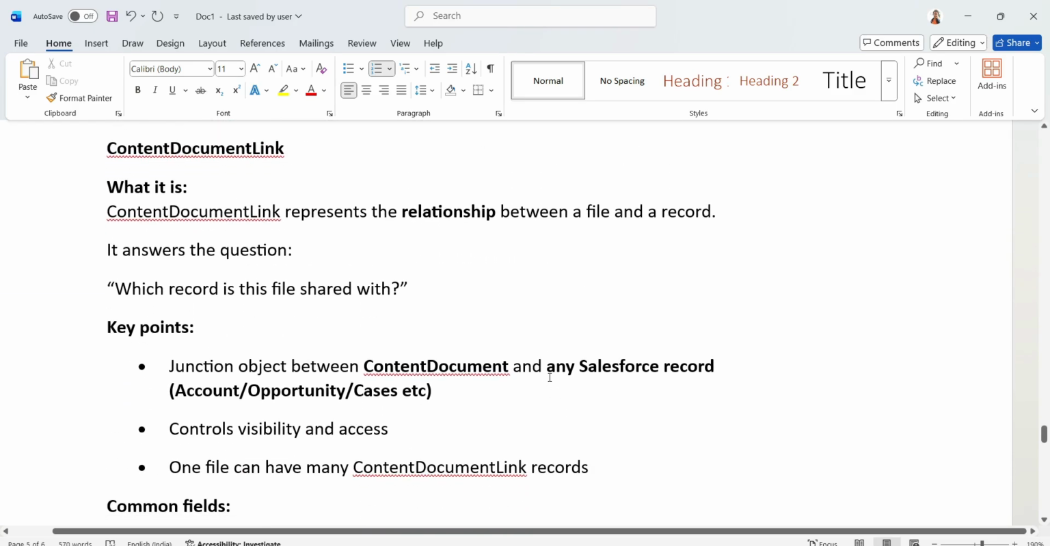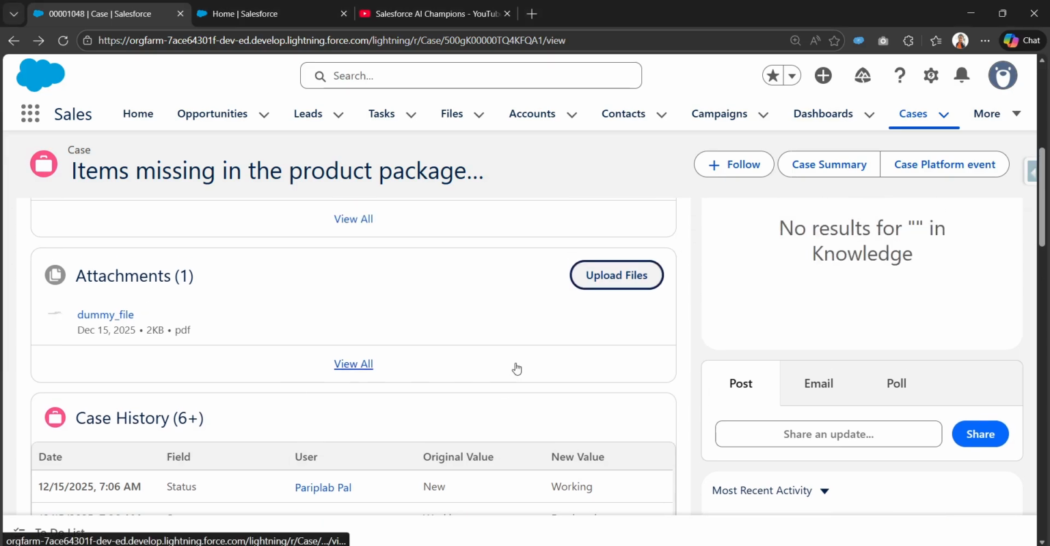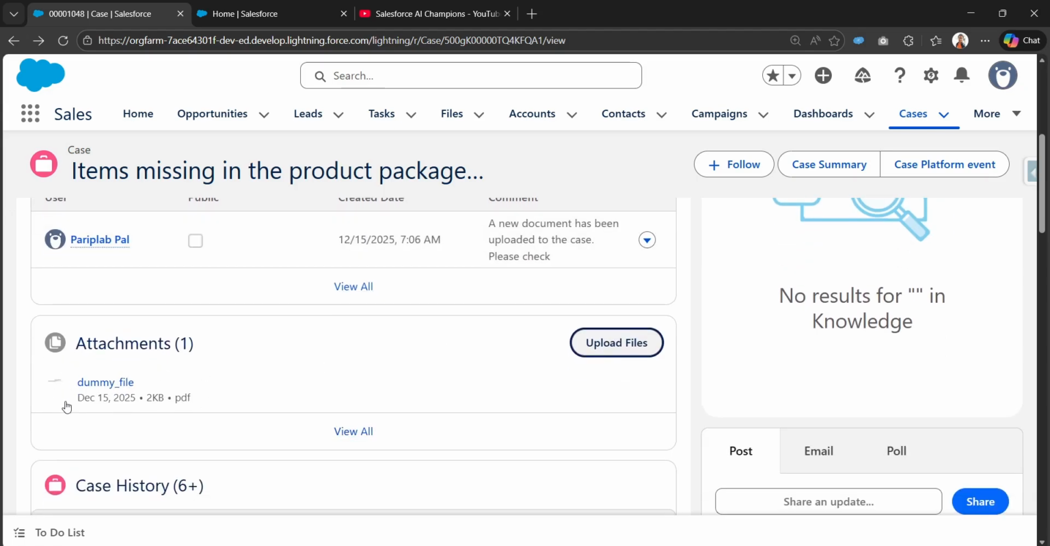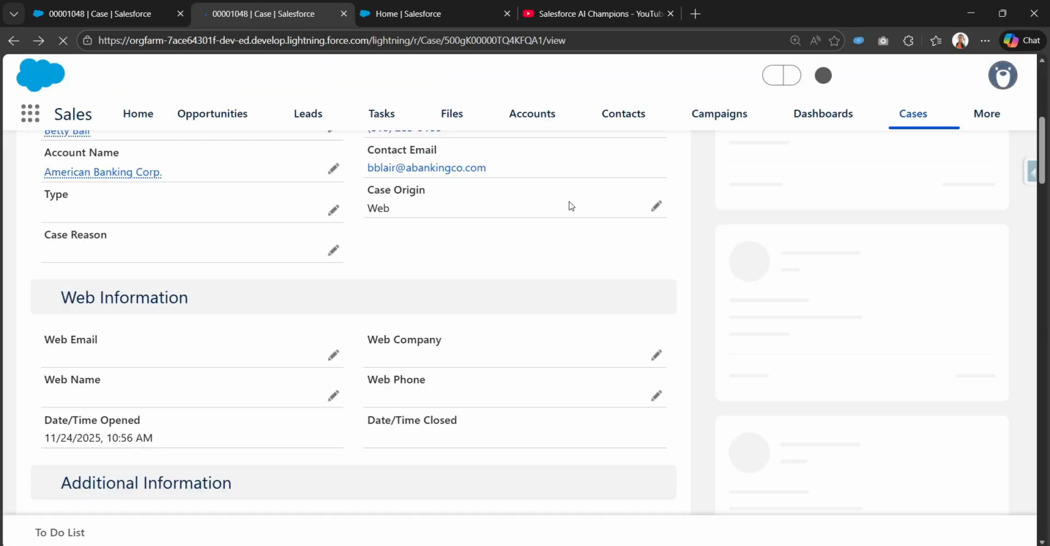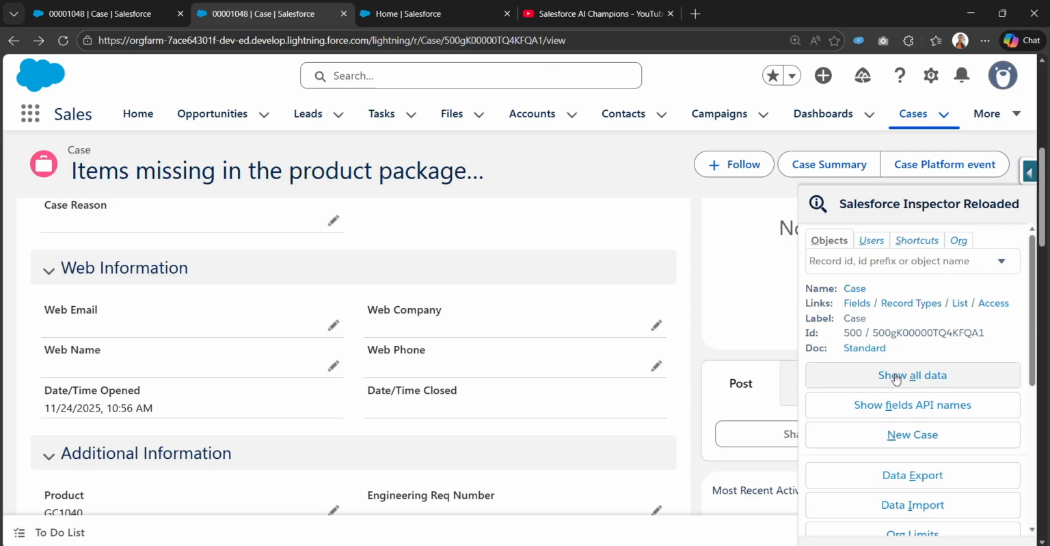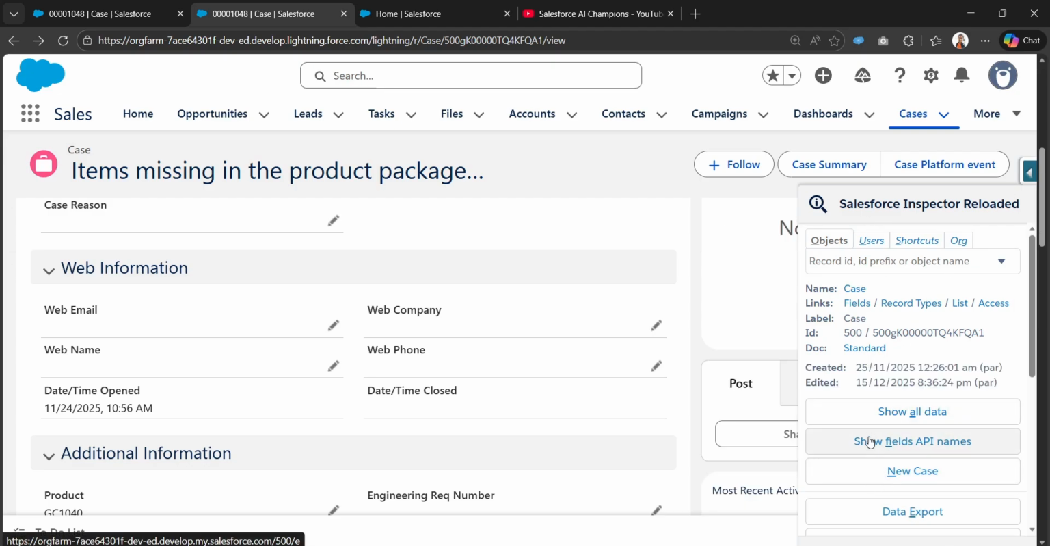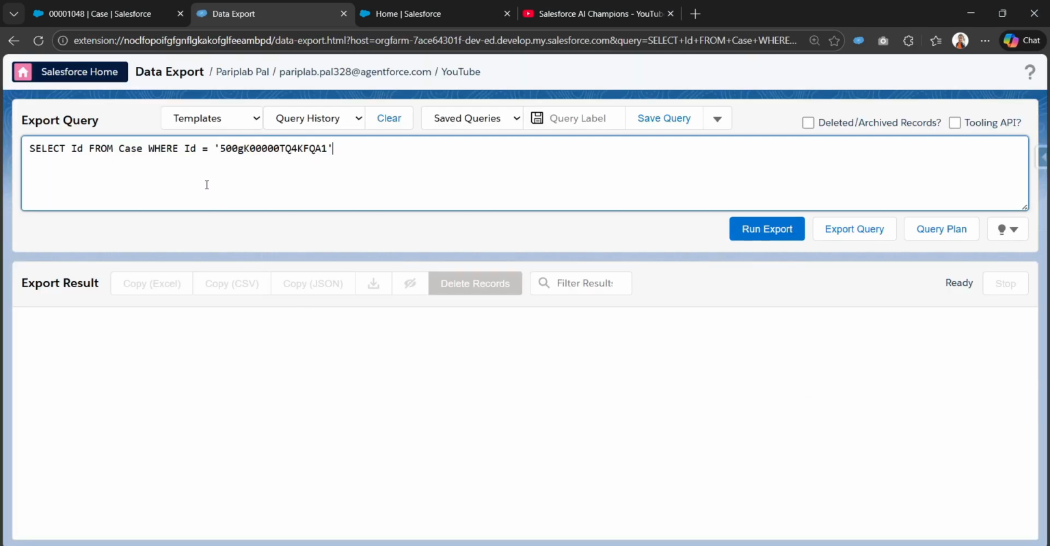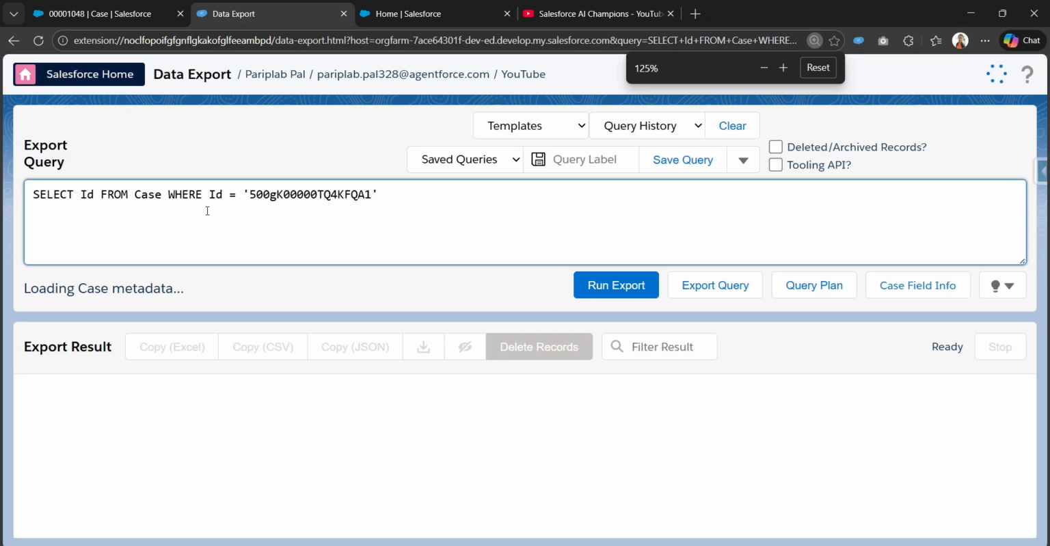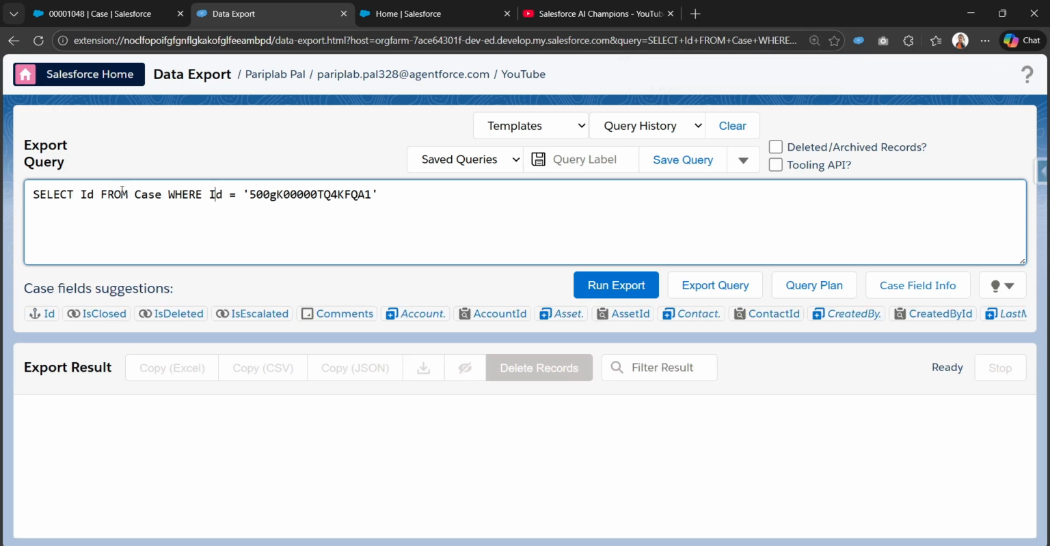Now we can see how we can find these content document link records using SOQL. So I am in a case record, and we can see that for this case record there is already an attached file, like one dummy PDF file is there. Let me duplicate this tab, and I'll be using this extension, Salesforce Inspector Reloaded. On clicking on this data export, we can land into this extension's export console,